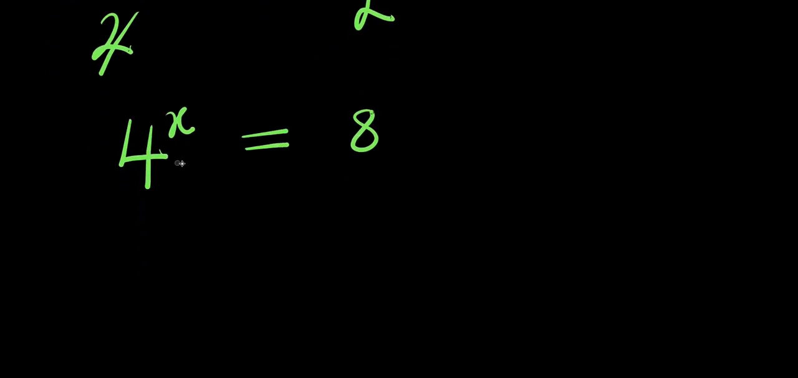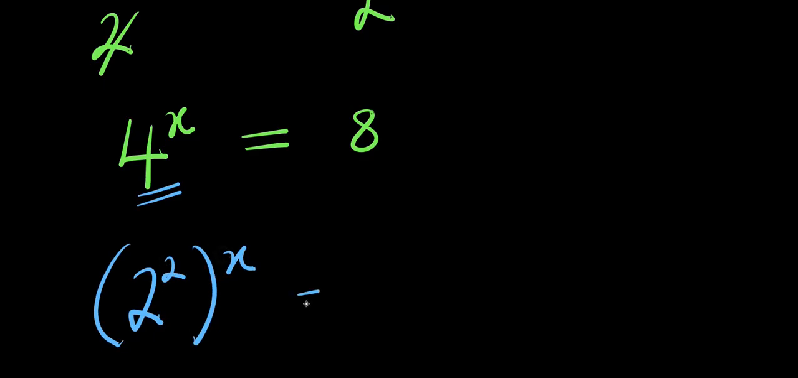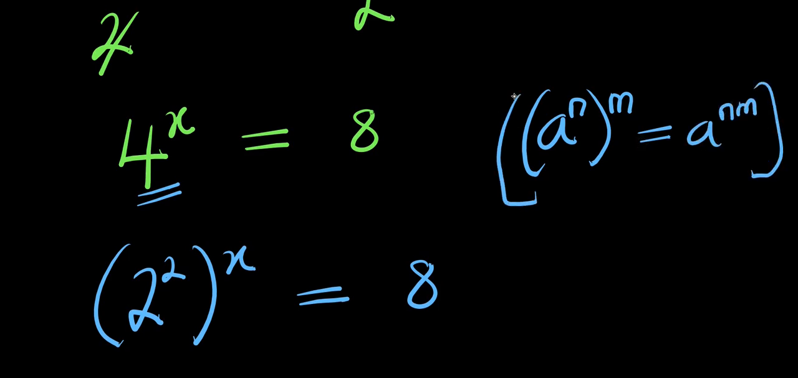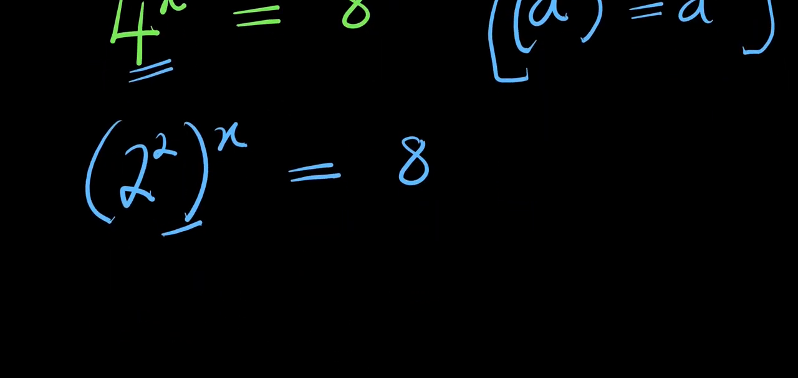So, we have this exponential problem. 4 is a perfect square. I can express it as 2 power 2 raised to the power of x equals 8. Now, if you have a power n raised to the power of n equals a power n times n, I apply it here. I simply have 2 power 2x